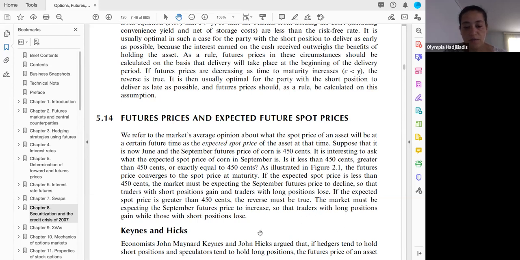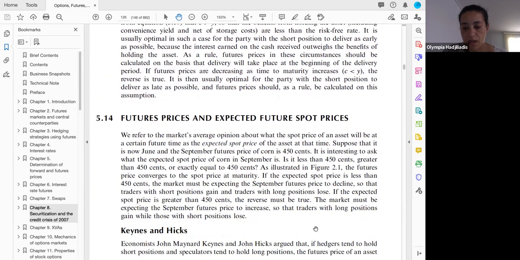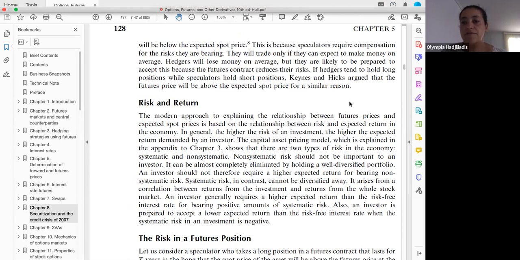So economists John Maynard Keynes and John Hicks argued that if hedgers tend to hold short positions and speculators tend to hold long positions, then the futures price of an asset will be below the expected spot price. This is because speculators require compensation for the risks they are bearing. They will trade only if they can expect to make money on average. Hedgers will lose money on average, but they are likely to be prepared to accept this because the futures contract